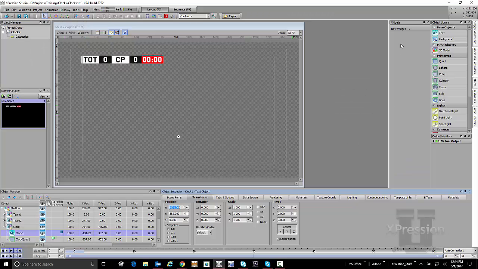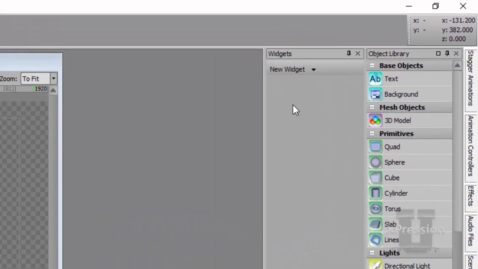And you'll see that I have what looks like a blank panel here. Well, it's asking me to create a new widget, so I go up to the New Widgets function, and I'm going to tell it I want to do a clock timer. So I'll have the clock timer, and by default, it's an actual real-time clock, and you can see the value. It's 12:44 in the afternoon here.